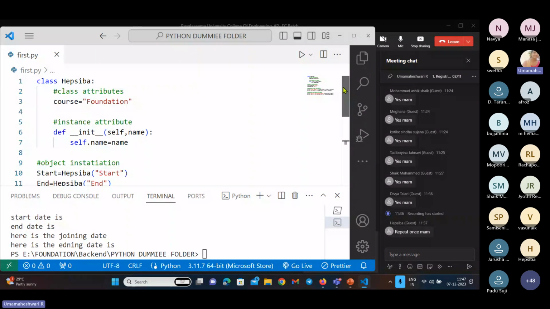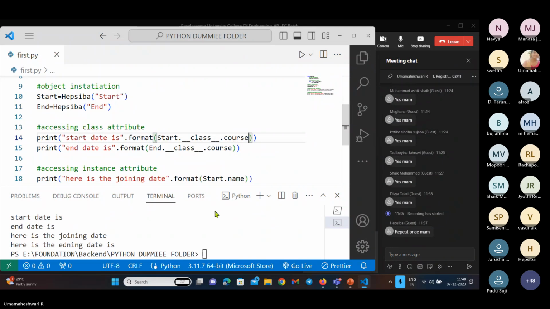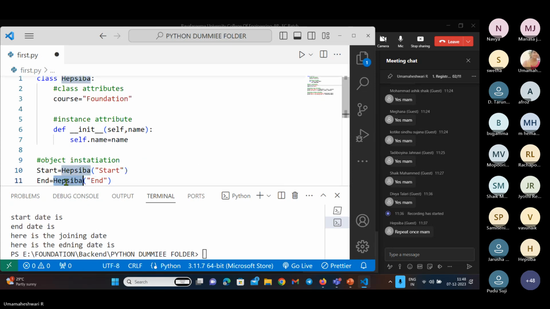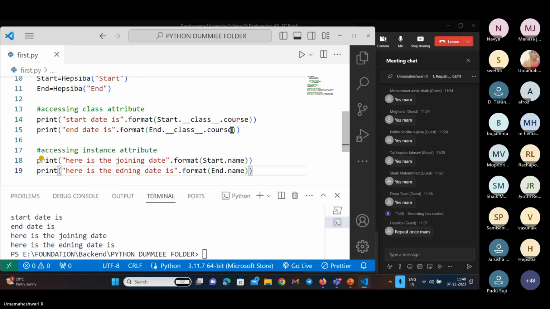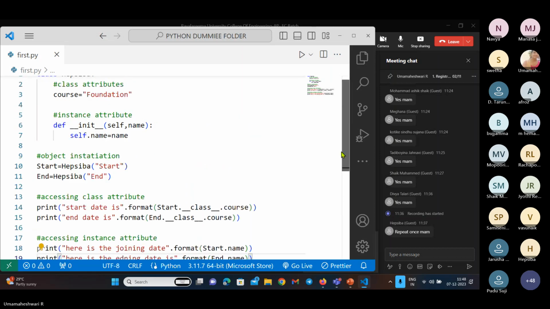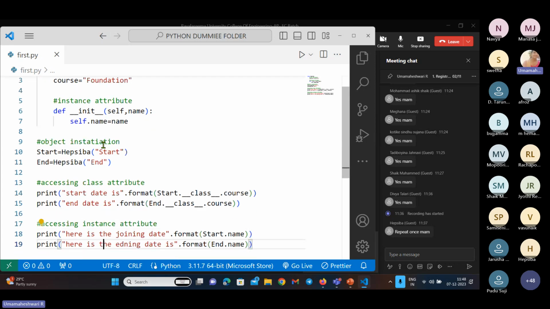So it was the same thing I have given course. So self dot name object, start and